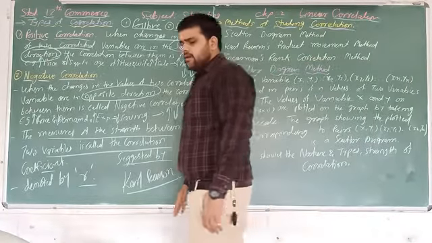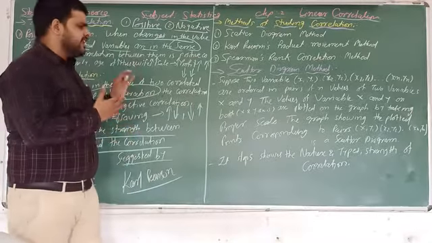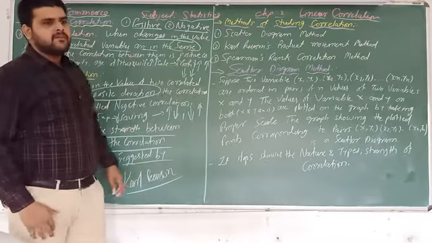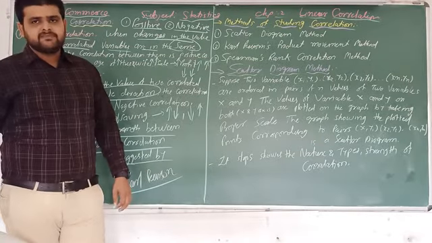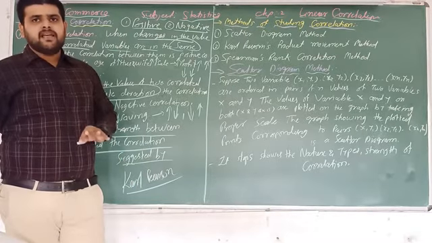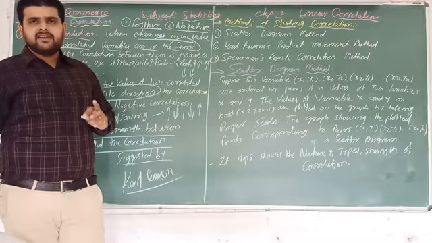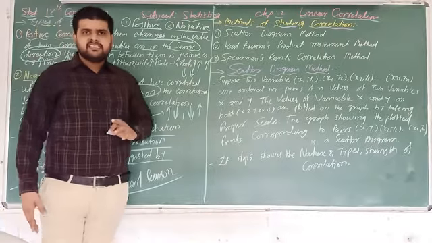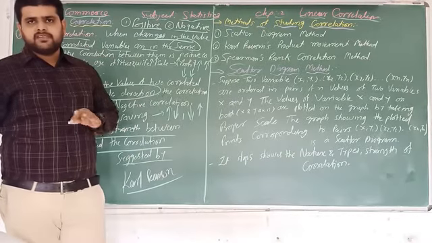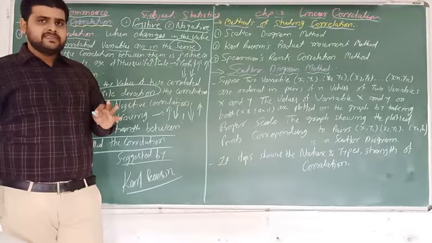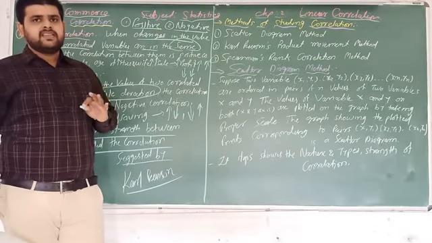Now we will discuss the next part, which is the methods of studying correlation. This was the theoretical part. Now we will discuss some practical examples, which are asked in your examination. In this chapter there is a 12 mark weightage. There is 1 MCQ of 1 mark, 1 question of 2 marks, and 1 question of 3 marks. There is no question of 4 marks from this chapter, and in 5 marks, as with index numbers, 1 question in section F.